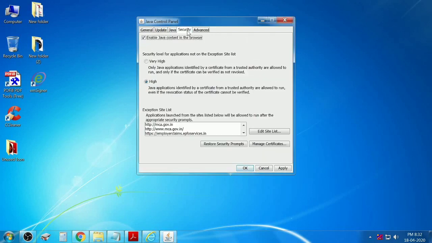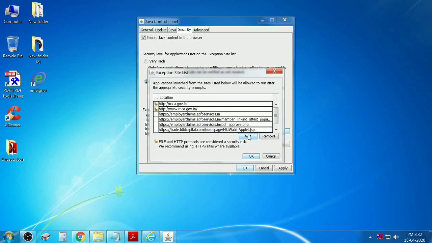Then click on the Security tab. Here you have to add the MCA website, just like we added the same sites in the Internet Explorer browser. So click here to edit the site list. Click on Add.